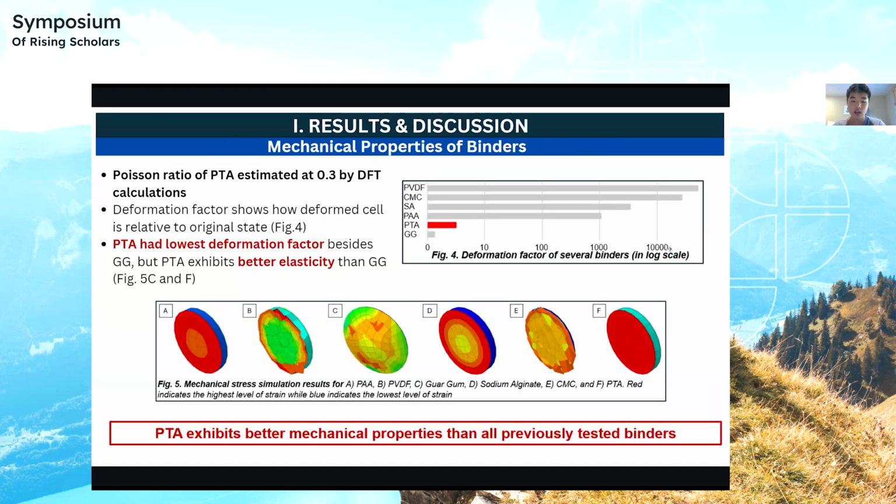After running the simulations, a constant known as the deformation factor was provided by the simulation. Binders with a low deformation constant were more resistant to stress than were binders with high deformation constants. PTA had a significantly lower deformation factor, except for when compared to guar gum, but figure 5C shows